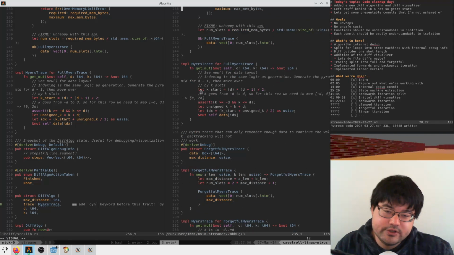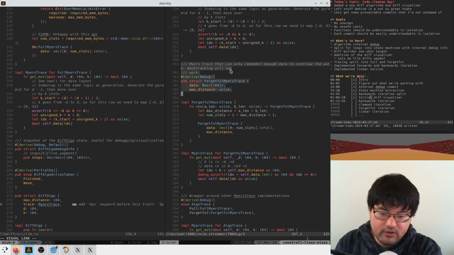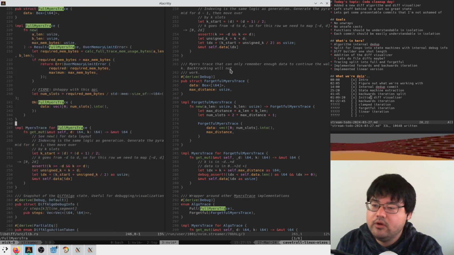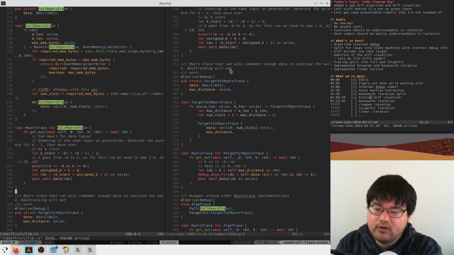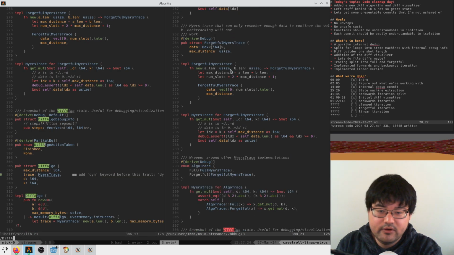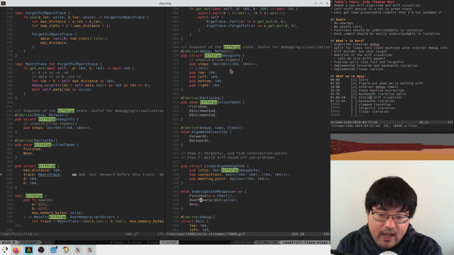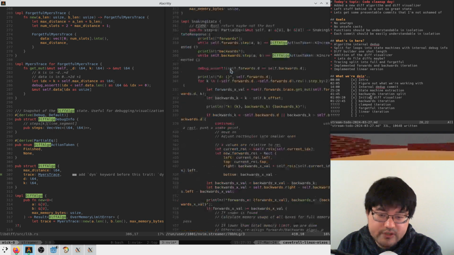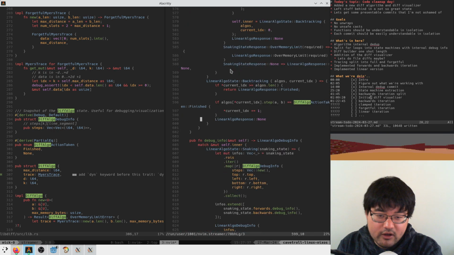Okay. So here we just need to copy in the forgetful version of the trace as well, which doesn't look like actually that much code. So probably here we just paste this here. And then when we construct this guy, we need to fix the fact that he now has this multi-version trace. You know, we couldn't really pull that in because it was pulling in too much of the other linear algo stuff. But